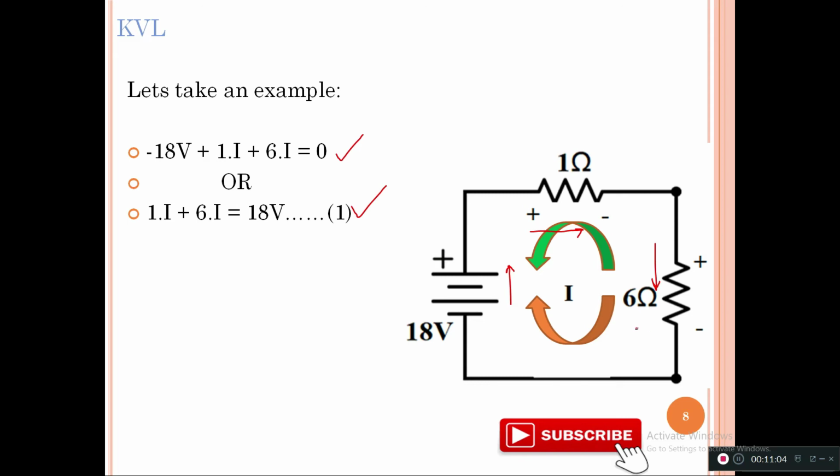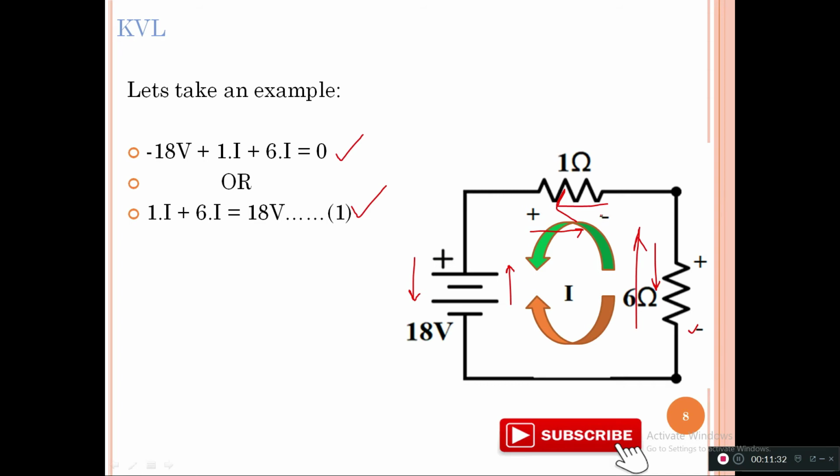Now the direction is changed. Now the current is moving from the minus terminal of the battery to the minus terminal of the resistance to the positive terminal. And here also we have changed the direction from here. And now this will be the direction of the current. So if I start writing the KVL equation from the 6 ohm resistance, how can I write? It will be minus 6 into I. Why will it be minus 6? Because it is entering from the minus terminal. Okay, so it will be minus 6 into I.